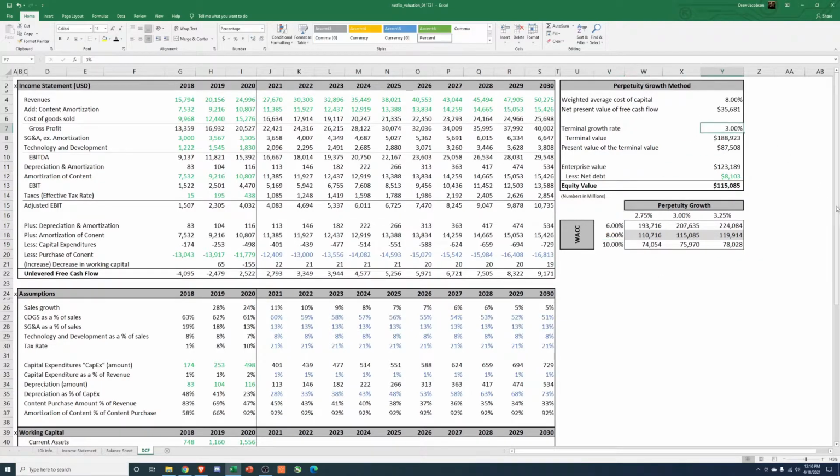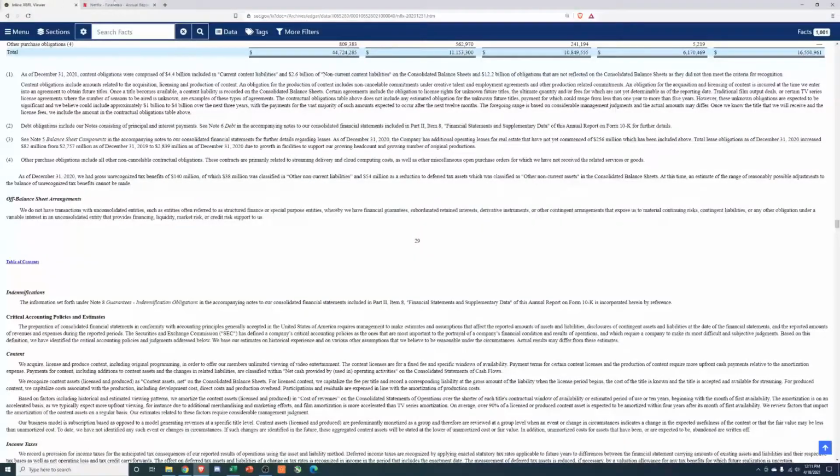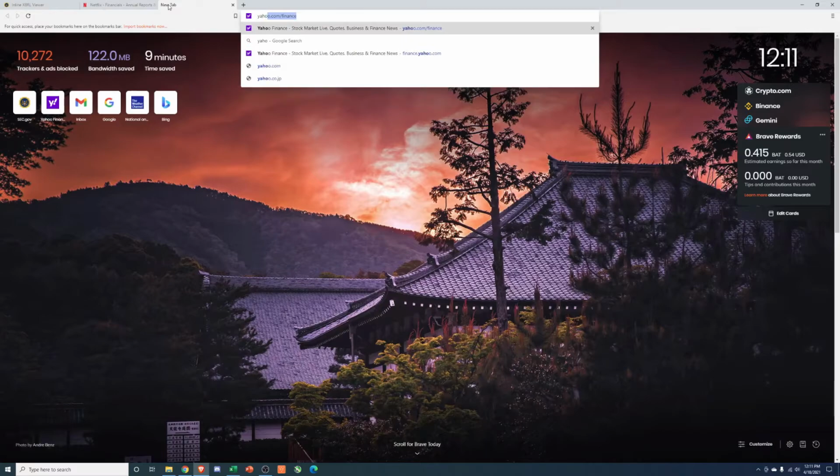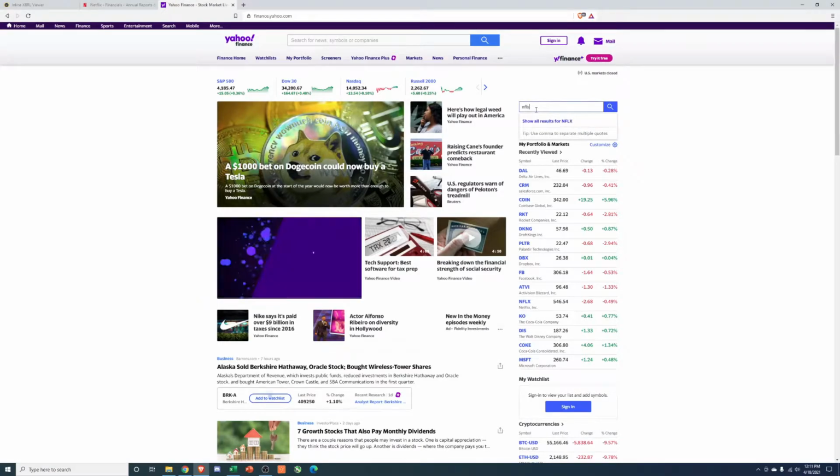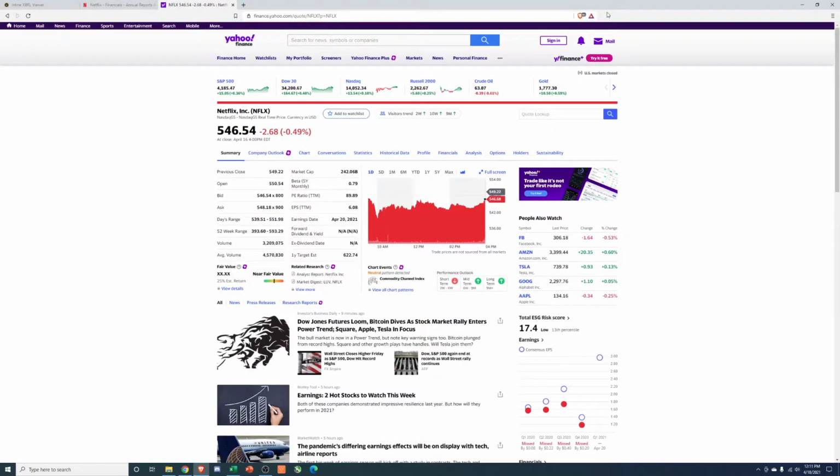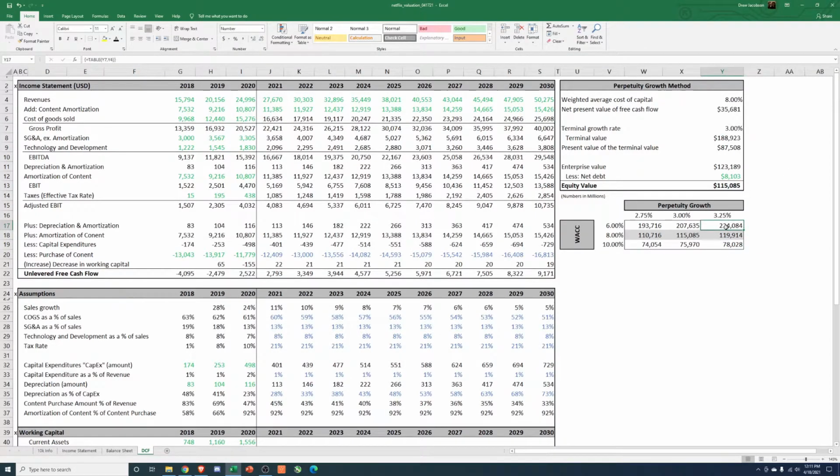And then terminal growth rate. It can't really be higher than the rate of inflation, otherwise you get crazy stuff. So I usually pick 3%, which is right at about inflation. So, based off this, depending on how much of a return you require, 74 to 224 billion. If we actually pull up their stock price, I don't even know what they trade at. I'm guessing much more than this. I think they're probably like a $200 or $300 billion company if I had to guess. 240 billion. So if you don't need a super big return, which is probably not realistic, they're probably fairly valued.